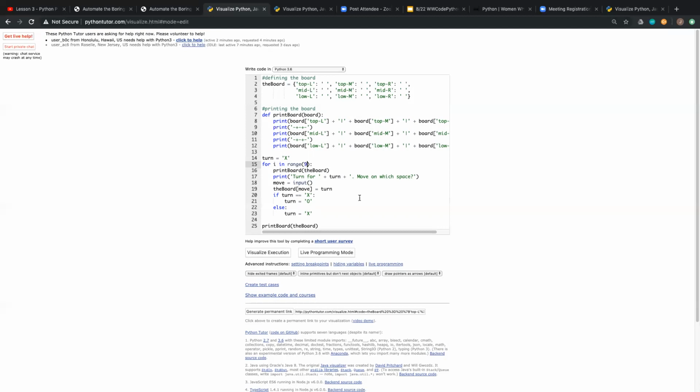So on the first iteration, iteration 0, it prints the board, and then it prints turn, and then the variable turn, which we previously assigned the value x on line 14. So it's turn for x. What space do you want to place your x? And then on 18, we prompt the user for what space they want to choose and assign it to the variable move. And then on line 19,